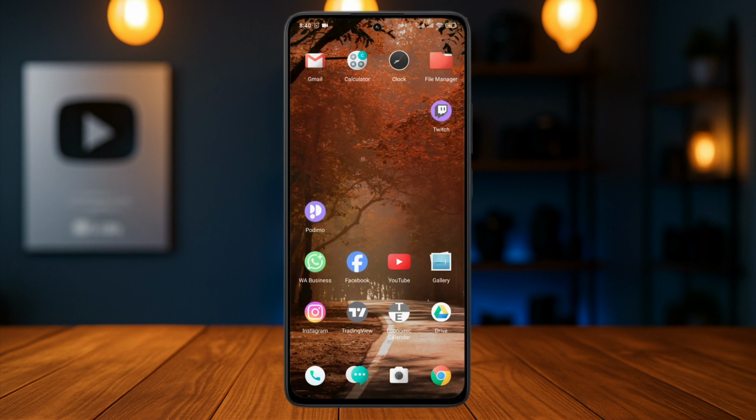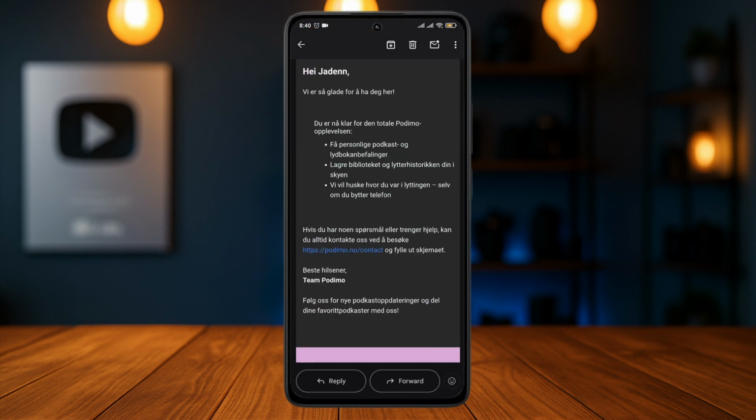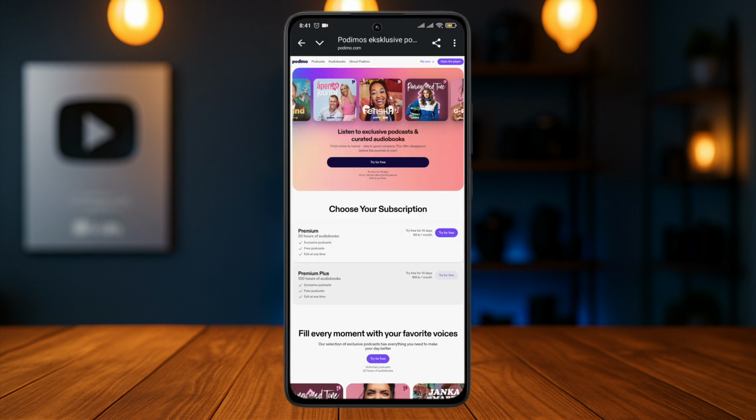So open up your email service provider and find the email sent from Podimo. Inside of the app, you will find the email that has been sent to you. You'll just need to tap on this link. Now, once you click on this link, you're going to be taken to the website of Podimo,